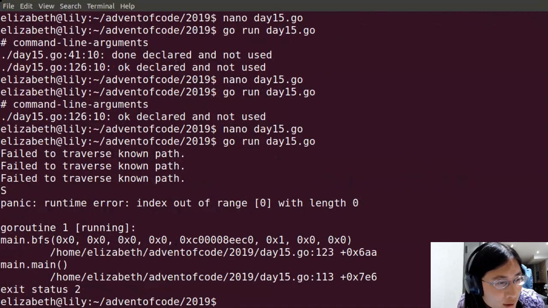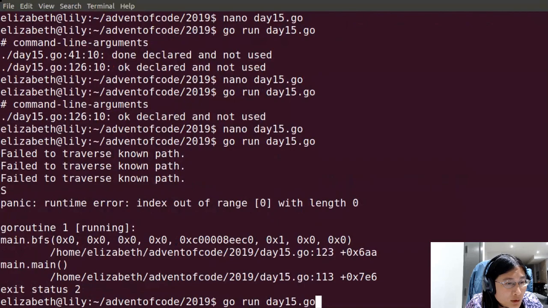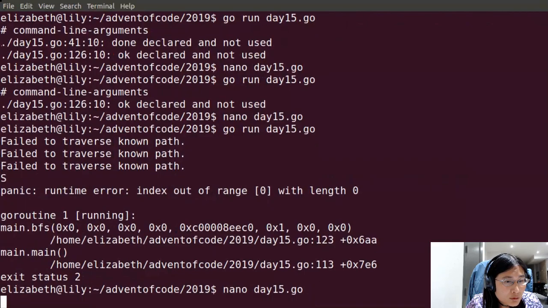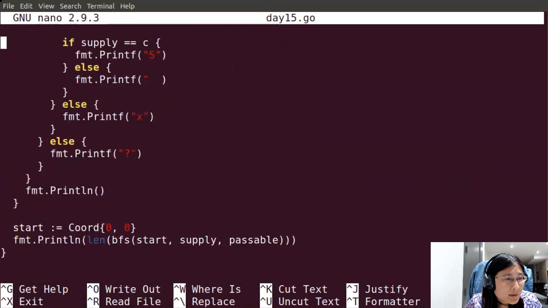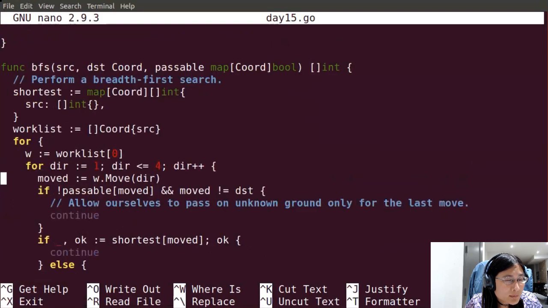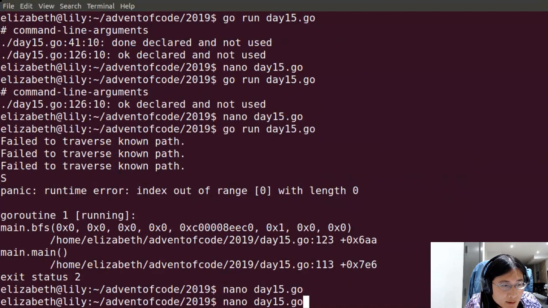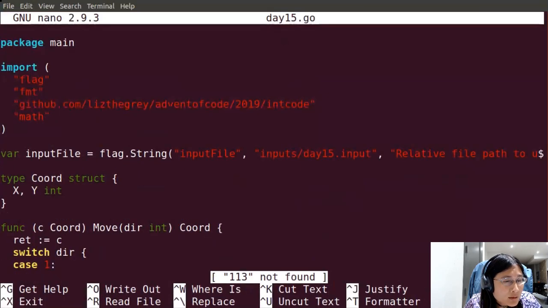All right. Now we're getting somewhere. In 123, that failed. And that was called inside line 113.